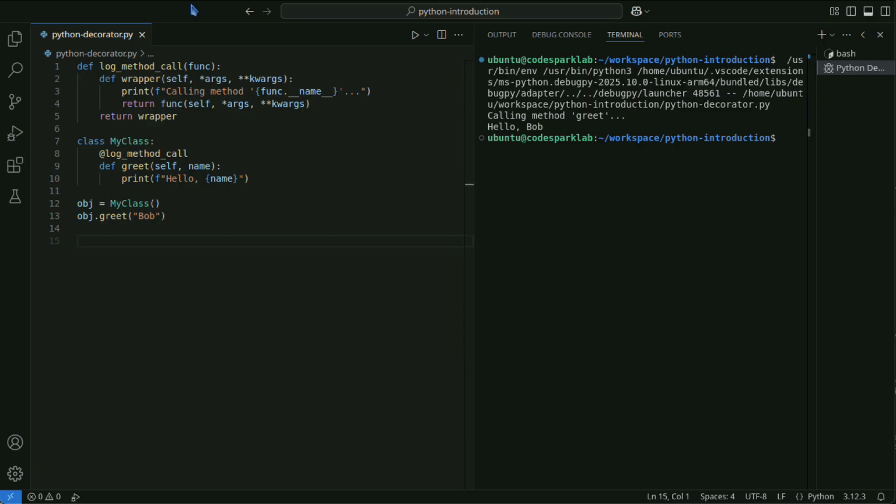There are some considerations when using decorators. Decorators can potentially change the original function's name and documentation string, e.g., __name__ or __doc__, so it is recommended to use functools.wraps to preserve this information.